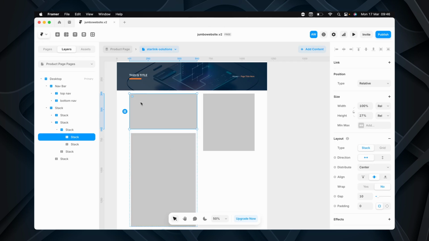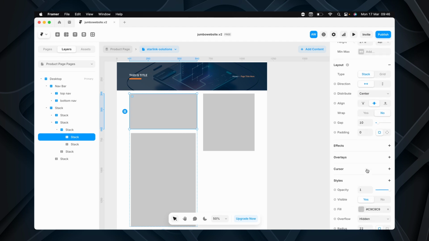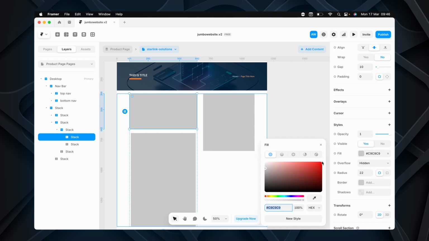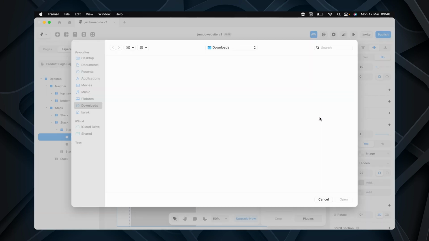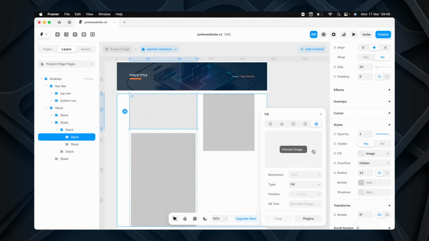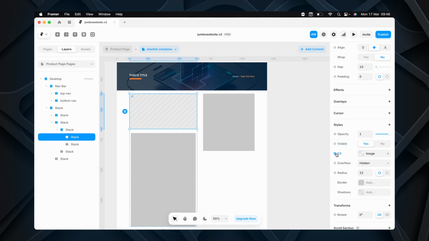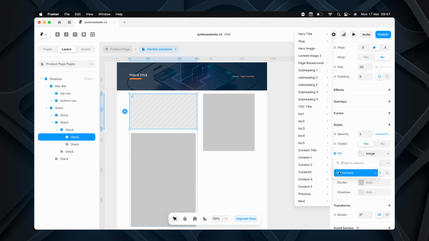So over here, I can start by, oh sorry, this will be the image, or maybe I can start to show you how the CMS comes in handy. So here, let's click on this and fill it with an image. Actually, no. At the image, you shall click here, set a variable. You see, when you set a variable, since you're already in the CMS page, it brings up the item, the fields that we had created. So the variable for this will be